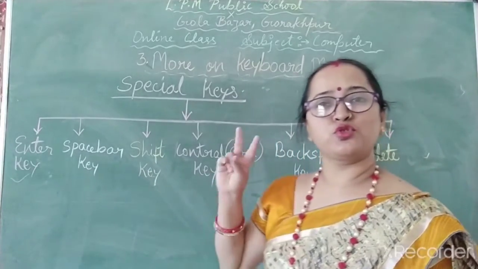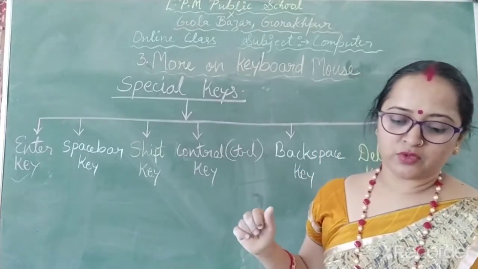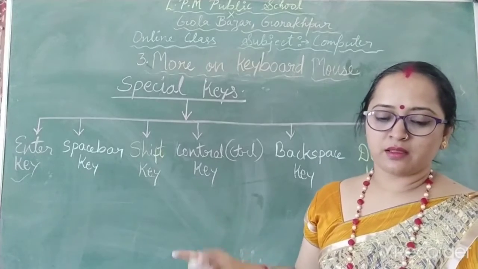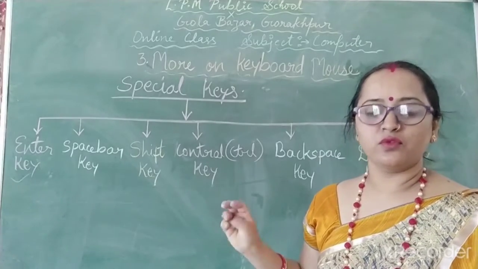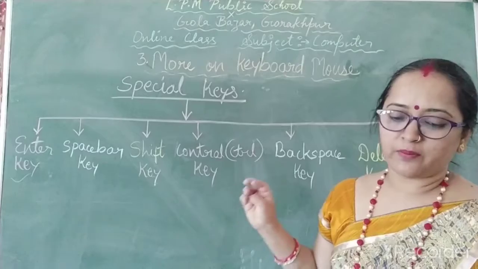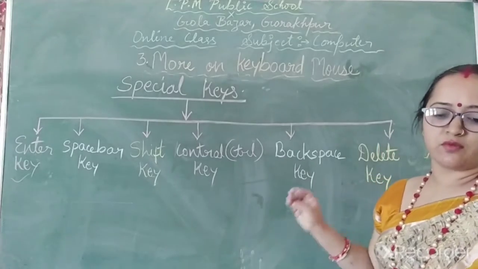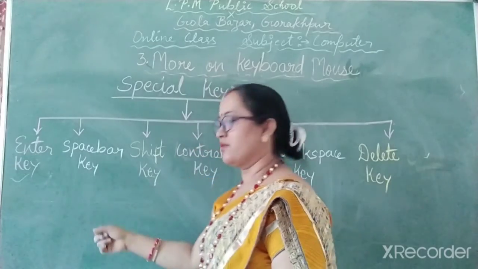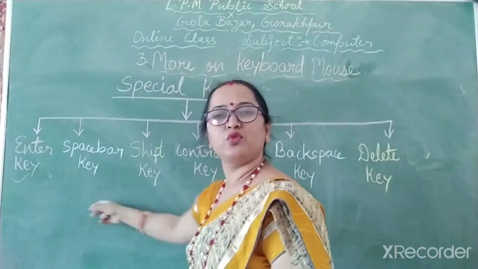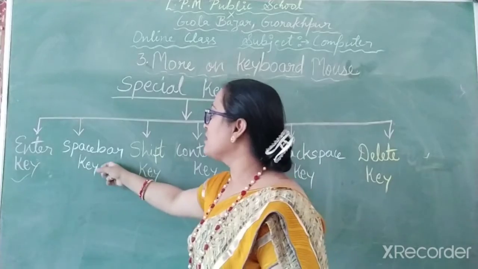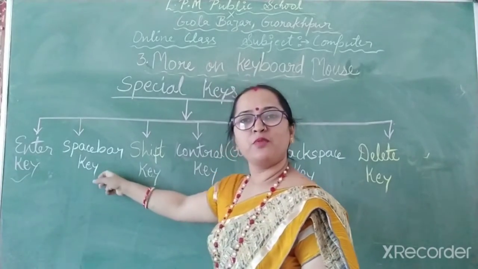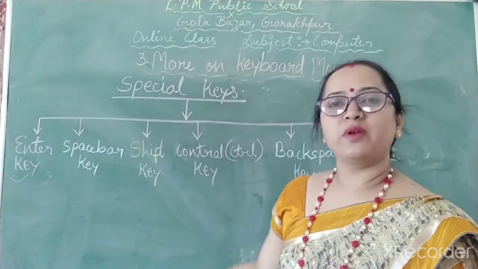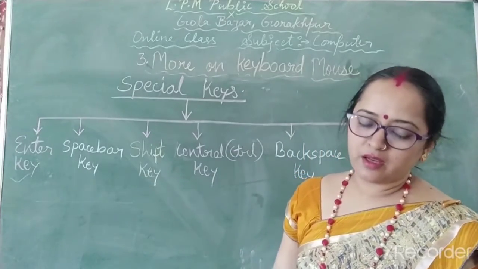Between a particular two words, between particular words, letters. Okay, it is used to give a blank space between letters, words or numbers. Even when we are typing a word and we want a space between two words, we can use the space bar key. With the help of the space bar key, we can easily give space between the words or between the numbers. Clear to this much, all of you?